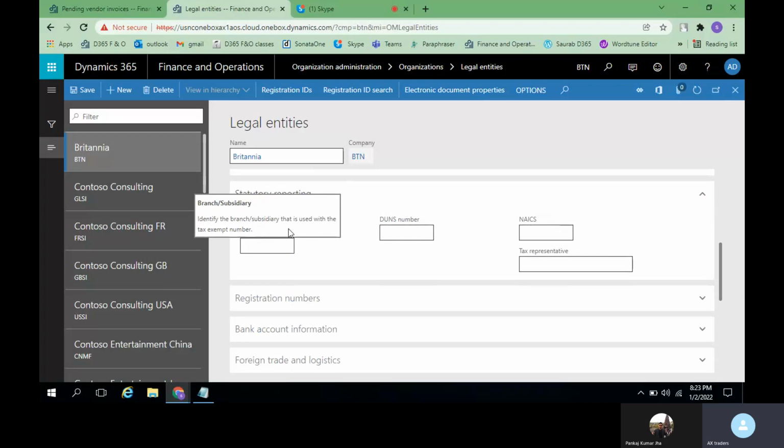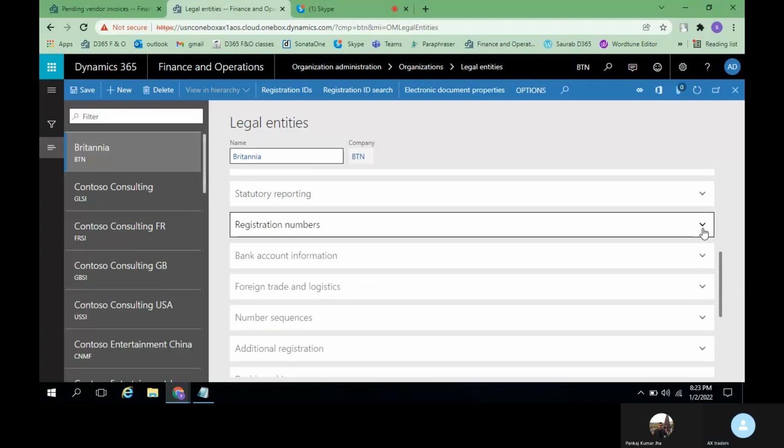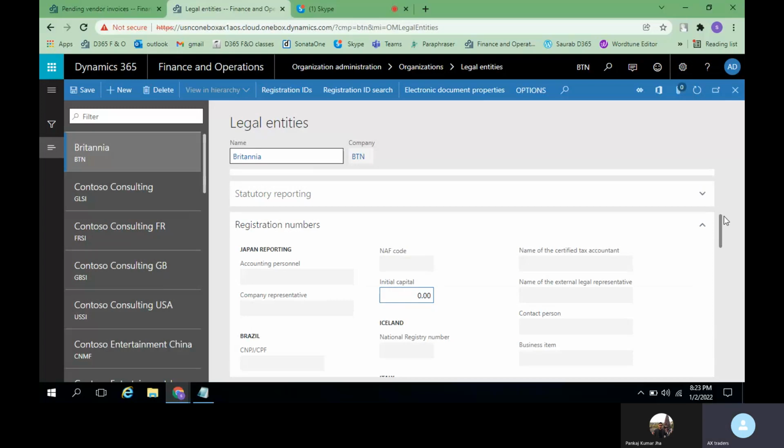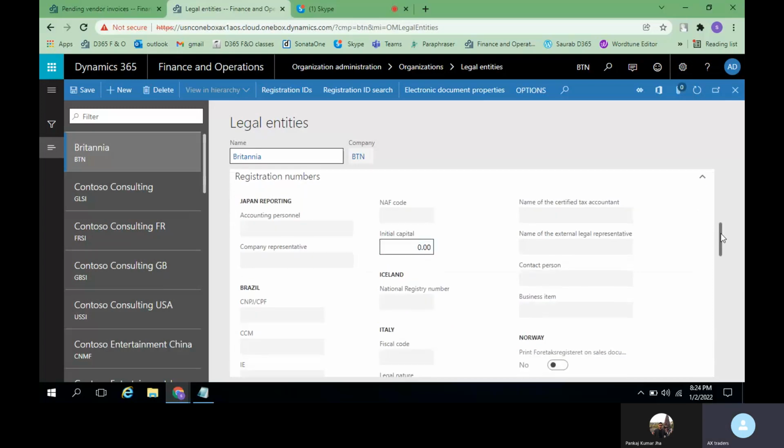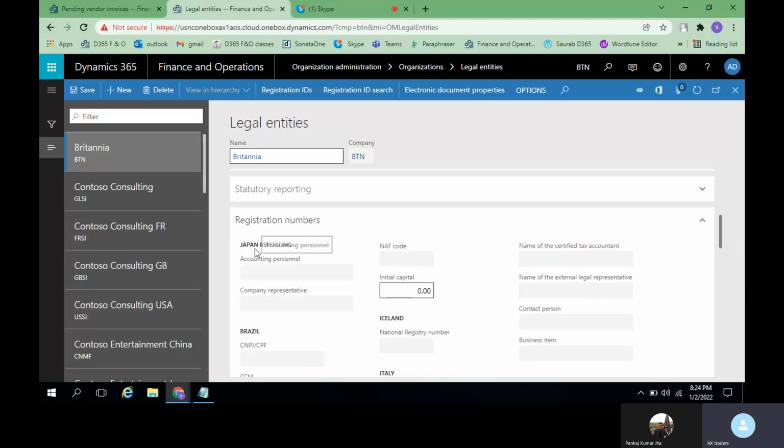It says identify the branch that is used with the tax exempt number. So if you have these details, you can fill them, and if you have a DUNS number, you will enter it. Since we don't have all these details, we are not going to enter them. So registration number, yeah, even this registration number is not a mandatory field.